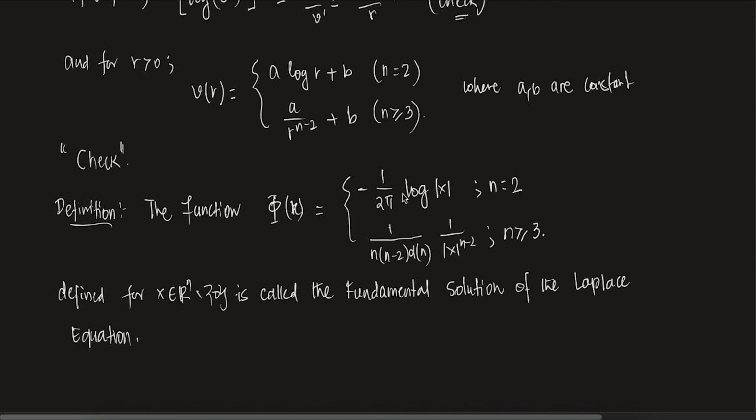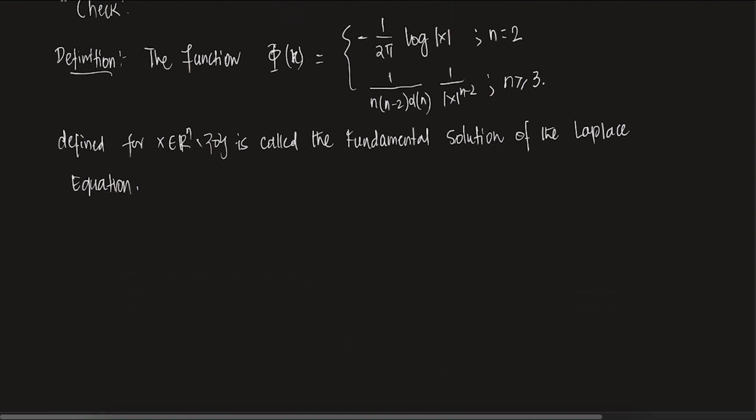For these two, you can always see this is also a radial function. So this kind of thing is called a fundamental solution of the Laplace equation. Now you can see that as x tends to 0, as x is near 0, this blows up. Of course, this does not blow up, but it is not defined at x equals 0. So essentially, if you just leave out the 0 part, this is defined everywhere, and it solves the Laplace equation everywhere except at 0. And we call this a fundamental solution. Okay. So with this, we are going to end today's lecture.